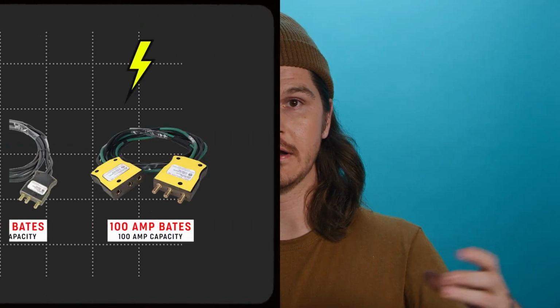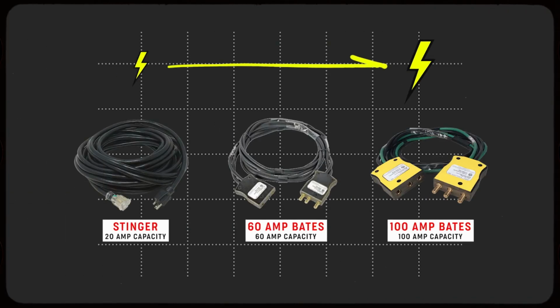Something to keep in mind though is cable. We all know what a 3-prong outlet looks like, but as you start to get bigger and bigger lights, they're gonna require bigger and bigger cable. The next tier above a stinger or an extension cable is Bates. Bates is the name of a cable that can carry a heavier load of electricity. So keep that in mind when you put together a larger putt-putt generator, that some of your lights might require